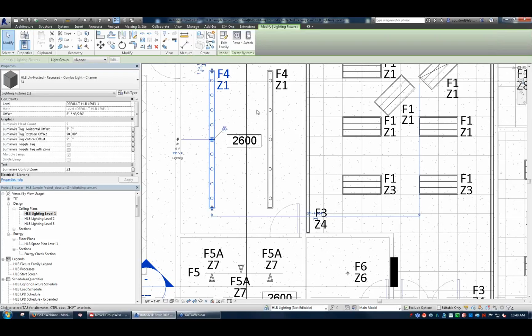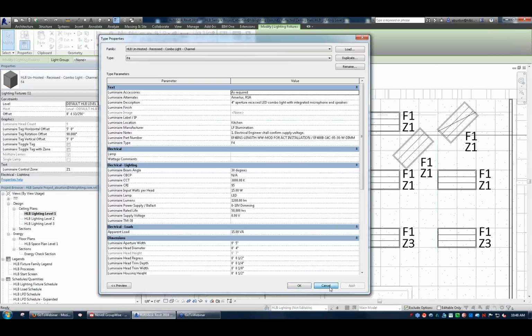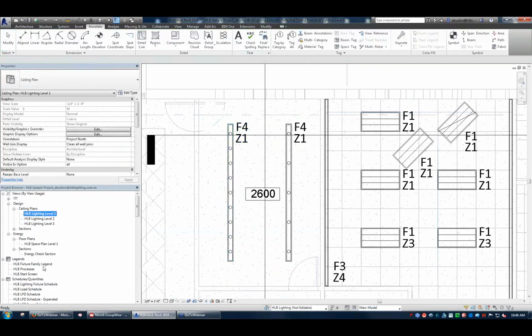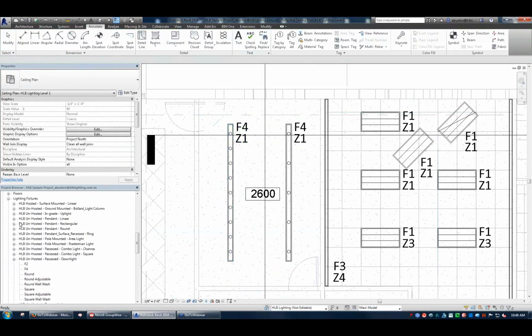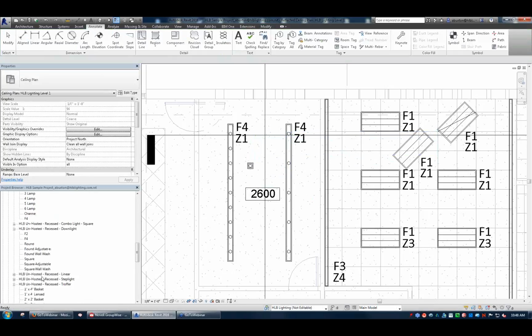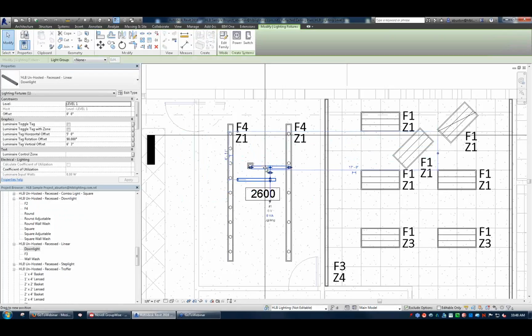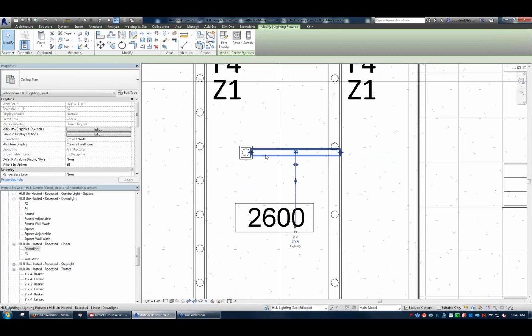For now, if I get swamped and I can't do it right away, or someone else can't fill it in, you can just take the one lamp version and a recessed slot,